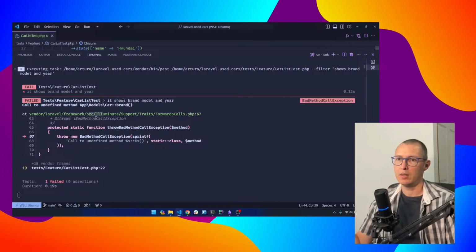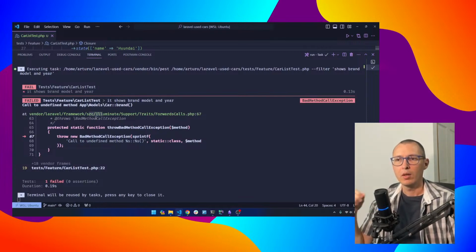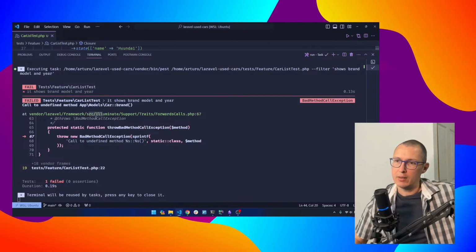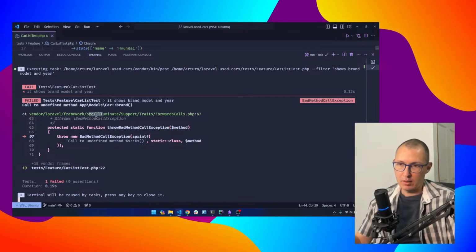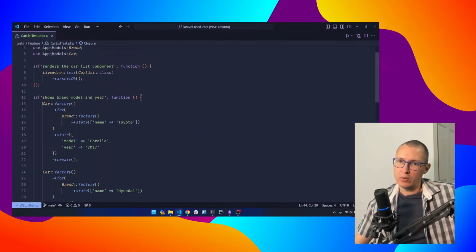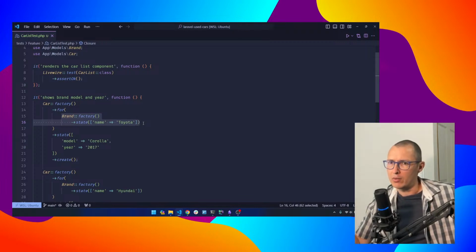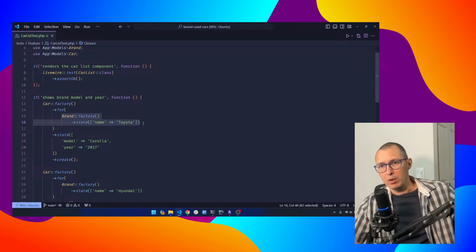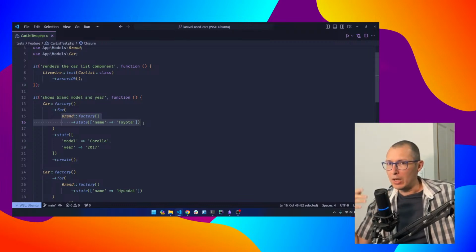Run the test again, and it shows call to undefined method App\Models\Car::brand. This means that when I try to create a car, I'm assigning a relationship for that car to a brand. And it's using the brand function in the model to try and figure out that relationship, but that relationship doesn't exist yet. So here we are going to take a detour, because whenever you have to create relationships for models,